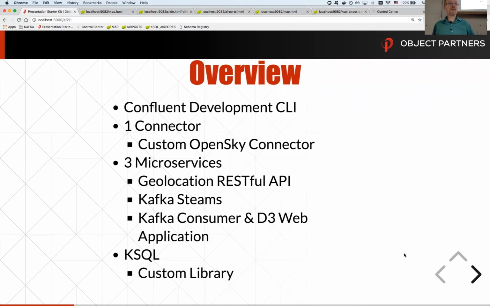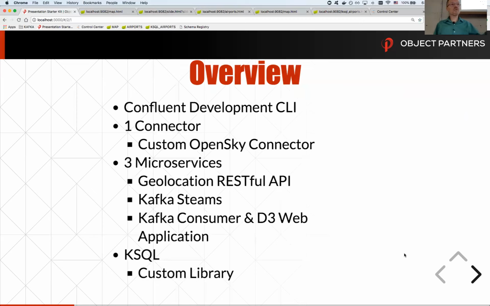I wrote 3 microservices. I wrote one to get me the geolocation of every lat long to airport service, trying to demonstrate how, if you have data that's not in your Stream app or not in your KSQL, you get that data. I have a microservice for the Kafka Streams.